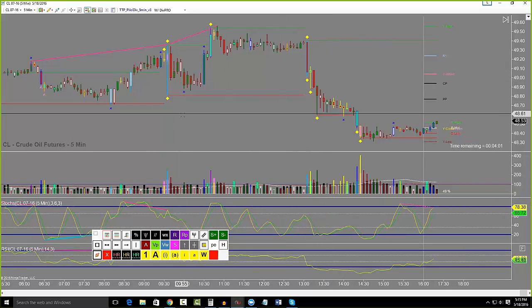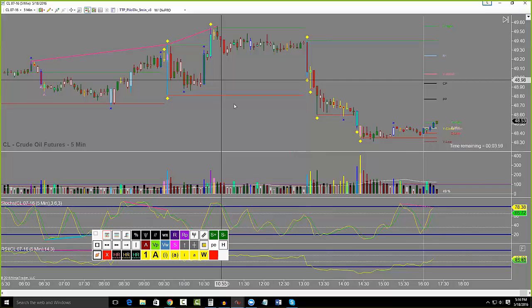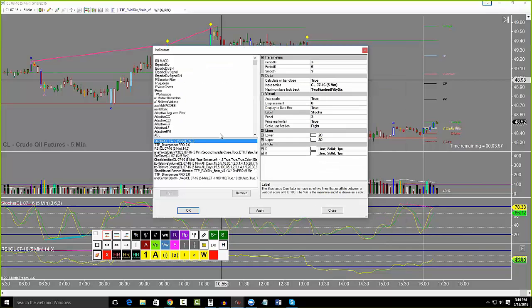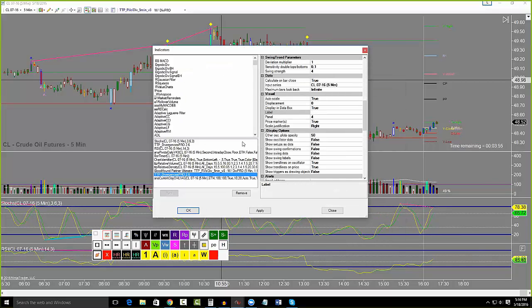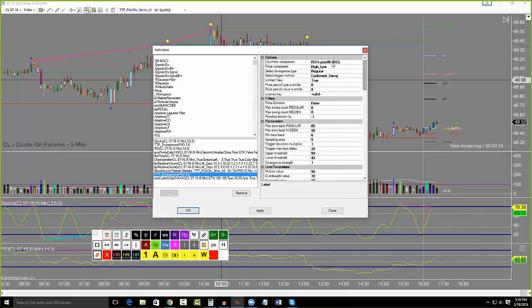Because the main issue with it is that it's such a different type of programming, because you're searching within the chart to find different plots that are on the chart. This is the most complex part of it, right here, choosing the oscillator component. It's that section that's causing the issue, because when you're doing indicator on indicator,